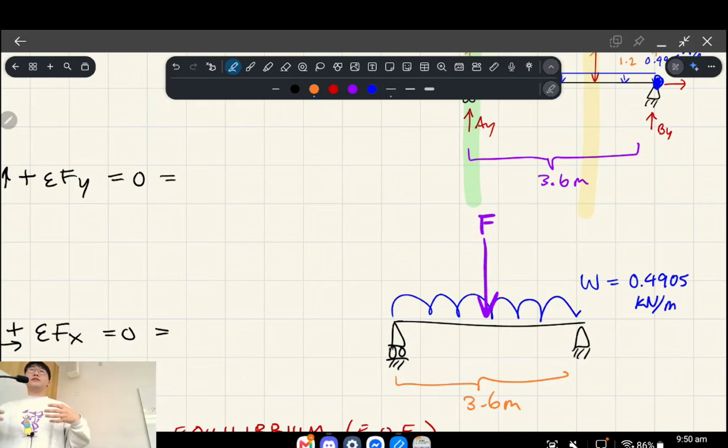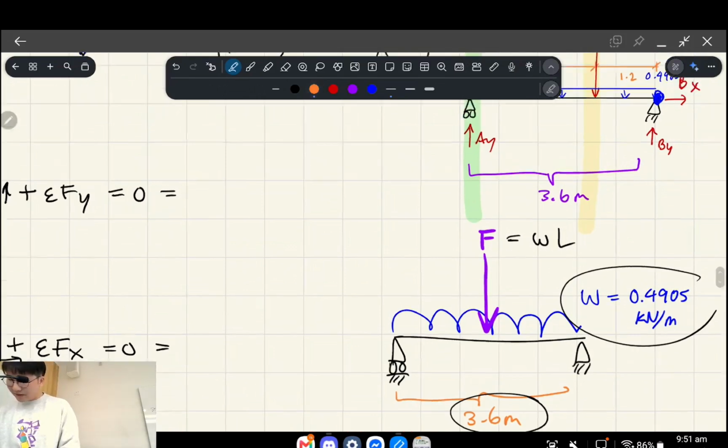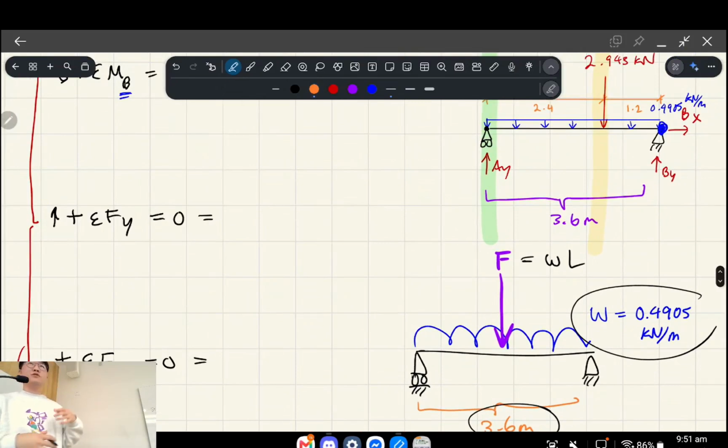So what is the equivalent downwards force produced by F? And the answer is you do W multiplied by L. So you do 3.6, which is how many meters that distributed load acts over, multiplied by how heavy it is per meter, right? That kind of makes sense, because now we've just got the net downwards force produced by it, right? And in terms of a uniformly distributed load, and we'll talk about this more next week,